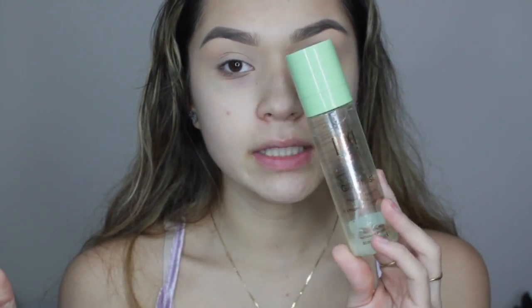The next step we're going to do is go in with some kind of mist or spray. So I have three that I like to use. The first one is going to be the Pixi Glow Treats Skin